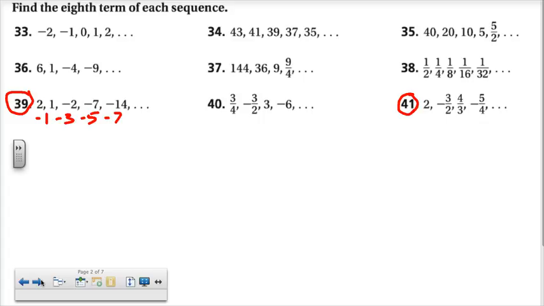So the next thing that we would do, if we want the 8th term, we already have the 1st, 2nd, 3rd, 4th, and 5th. We could just keep doing this recursively since we only need a few more. So we would take -14, and we would subtract,